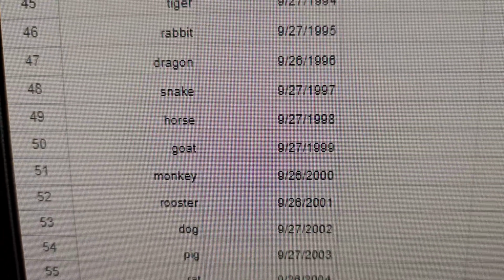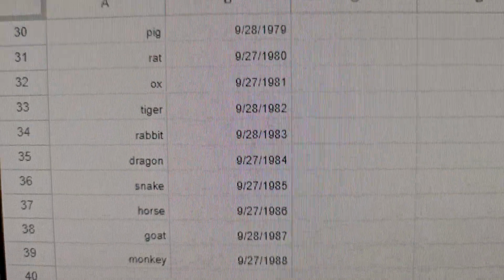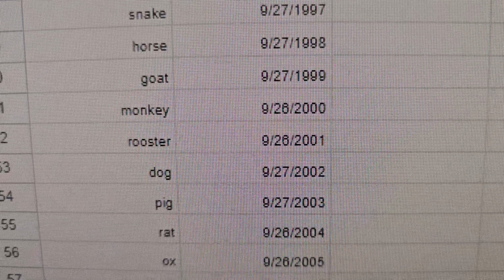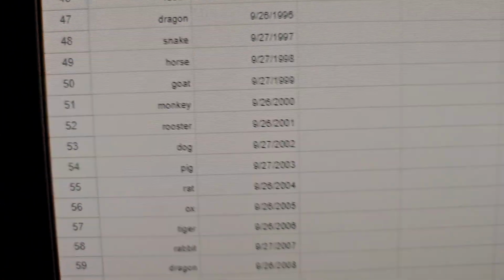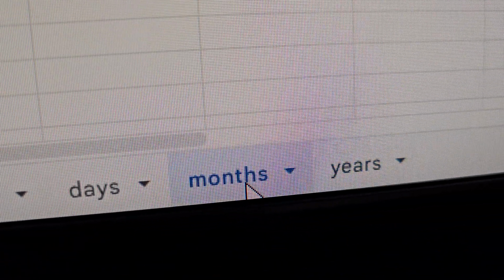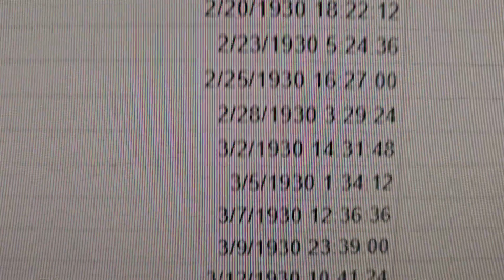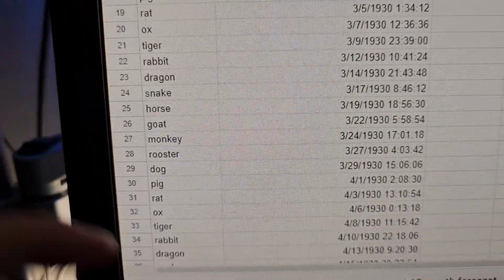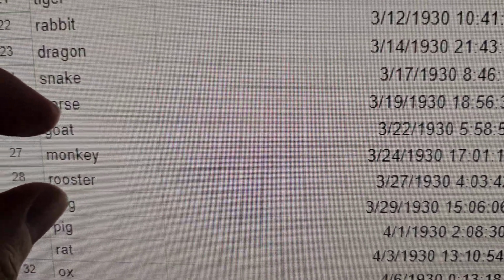So the start dates for every year change. They're similar, but they do change. So don't change any of this. Don't change any of this. Don't change any of this. None of this changes. You can't change any of this to find an accurate match, because the monkey for this